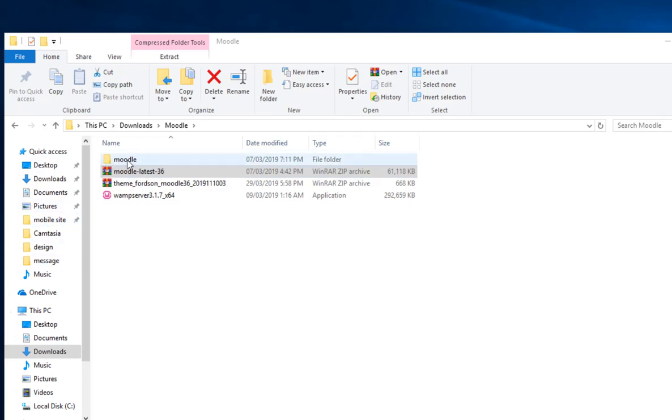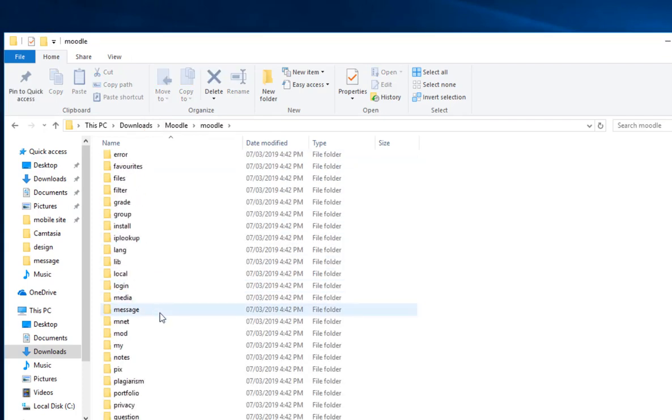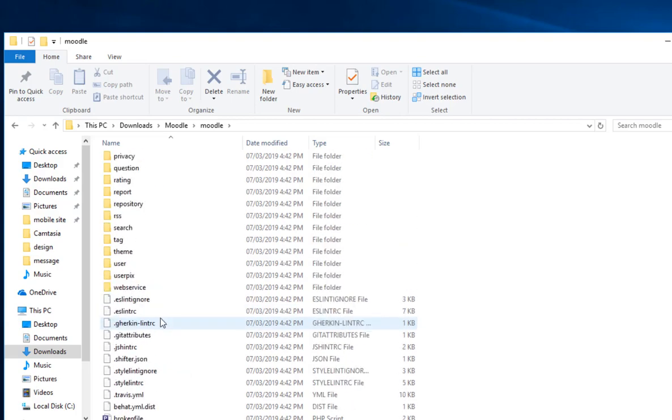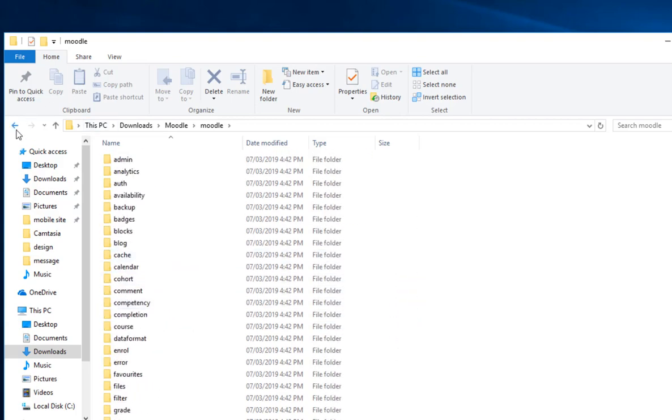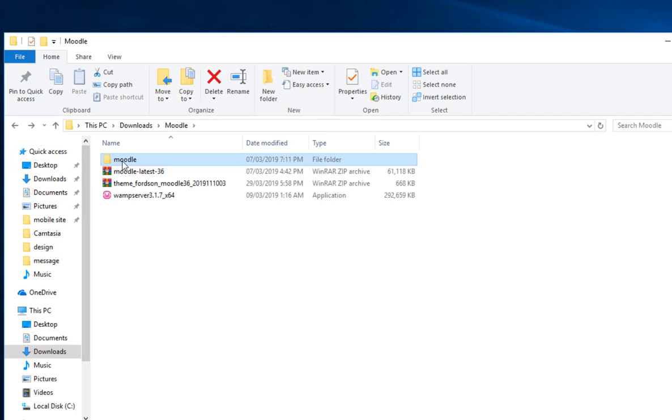These are the extracted files here inside this folder, Moodle. Let me open it. You can see all the files. What we are going to do here is rename this folder. You can rename it anything you want to call it, or you can just leave the default name. So I'm going to rename it